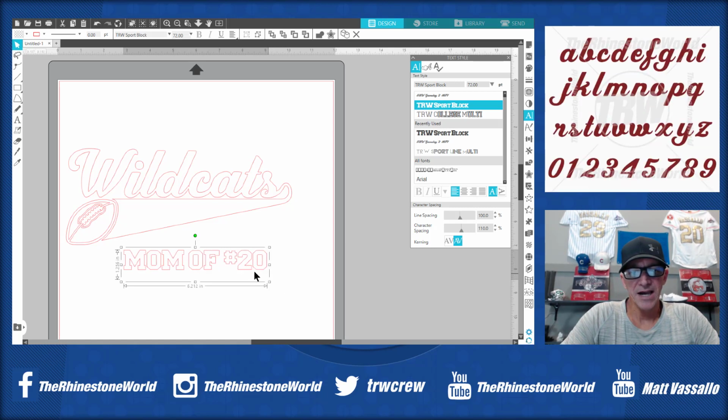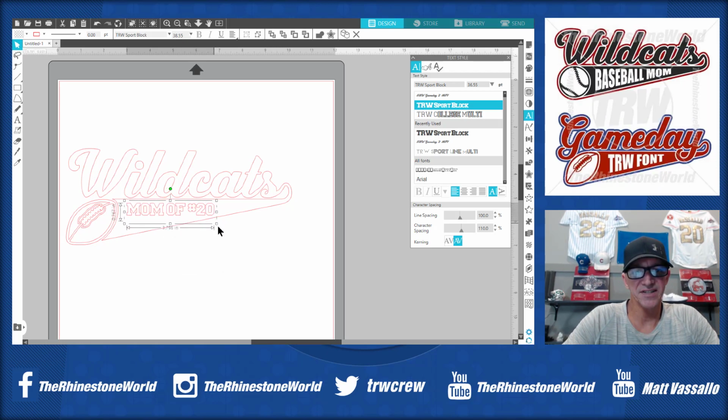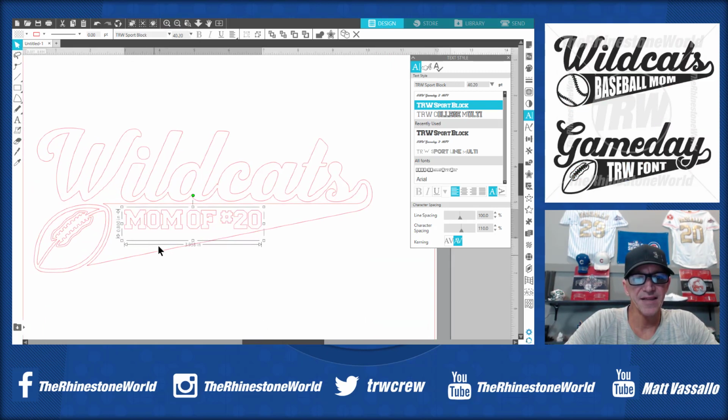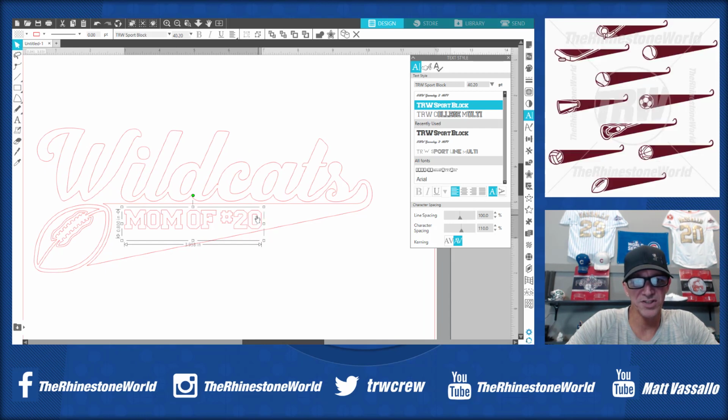Bring this, I'm going to grab the area right there in the corner, bring this down, shrink it down a little bit so it fits in here. So I'm just going to find kind of my perfect spot in here first within this tail. And then what we're going to do, once we have our spot in here and we say that looks pretty good,